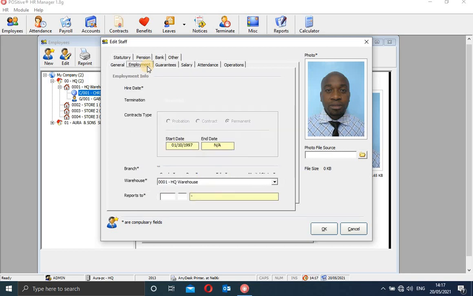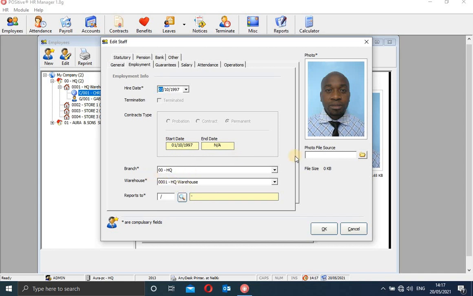So after you've done this general information, then you go for employment. Okay, the date of employment, you indicate the day you've hired this employee, and then secondly the starting date, and if there is any ending date, of course. When we are doing the employment, all this will be active. If he's in probation, you put a tick there. If he's in contract, you put a tick there. If it is permanent, you also put a tick there. These ones will be active, but once you've saved this information, it will be blurred just the way you're seeing. So it means it will be system controlled.